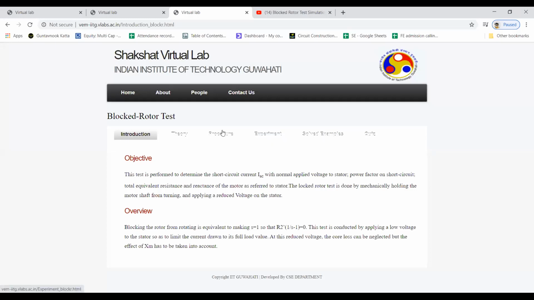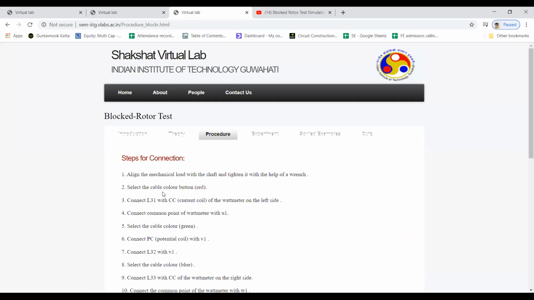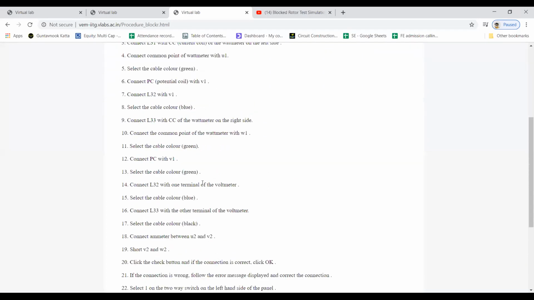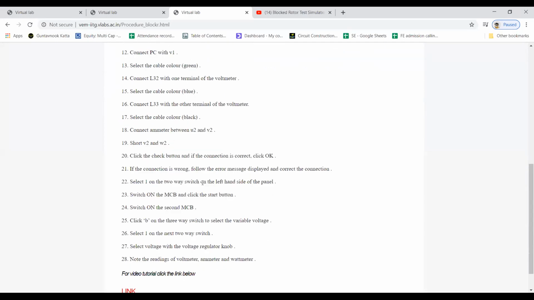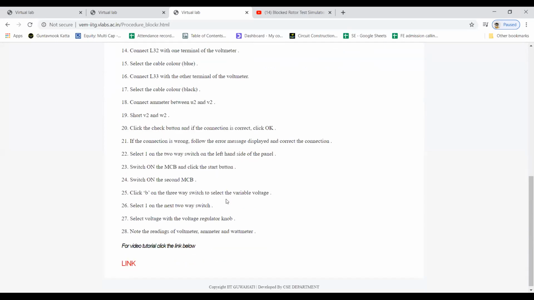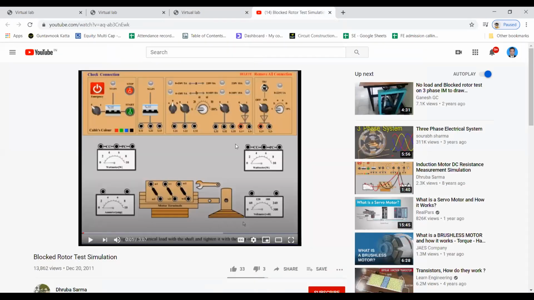In this procedure, you align the mechanical load with the shaft and tighten it with the help of the wrench so that your rotor will be blocked. And with the blocked rotor, you apply the supply to the stator windings. You can go through these connections and make them.